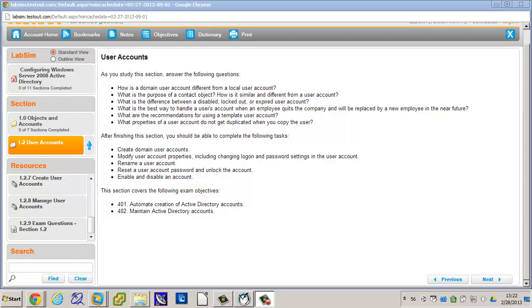The special identity groups, though, on page 184, are groups, but not really groups. There is no object you can find in Active Directory that's called anonymous login. It's just that: if you log in anonymously, that would be considered an anonymous login. And so you can't join the group or remove yourself from a group or anything like that. It's just what you are. Like an authenticated user. Either you're logged in or you're not. And if you're logged in, you are an authenticated user. If you're not logged in, you're not an authenticated user.